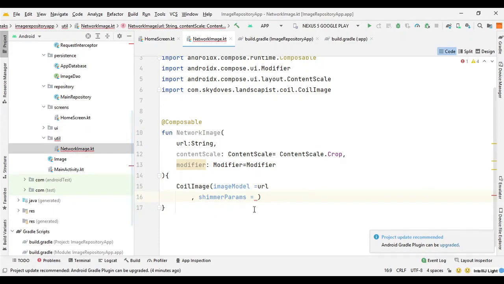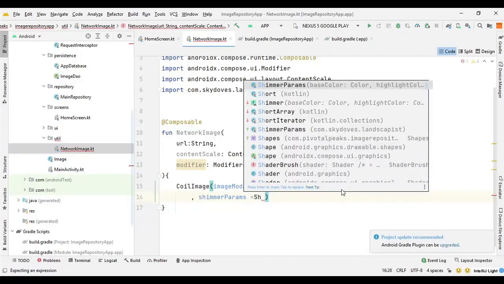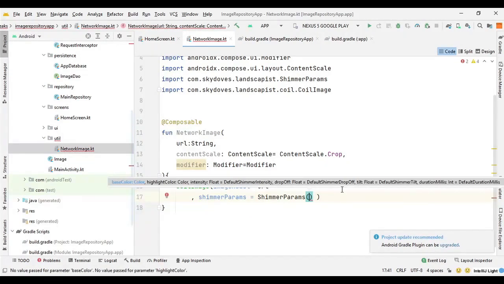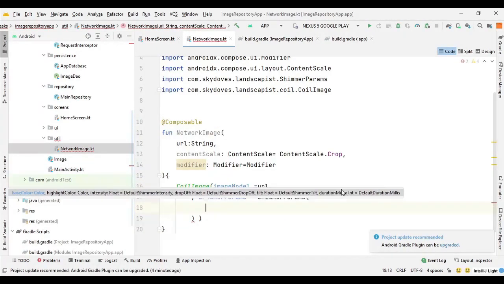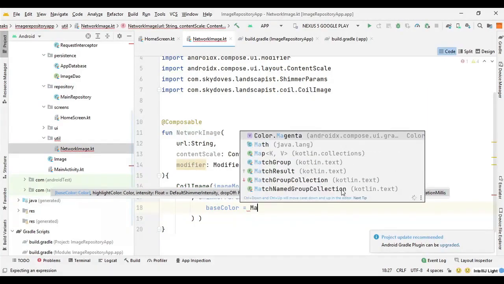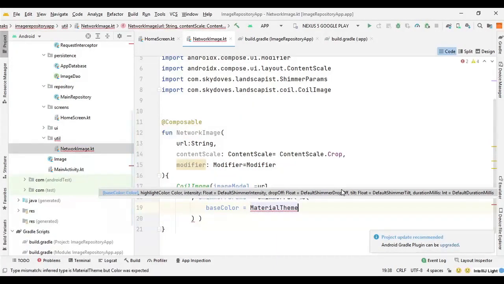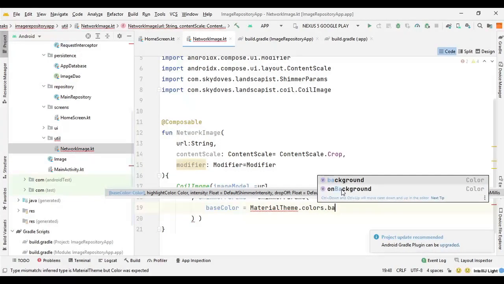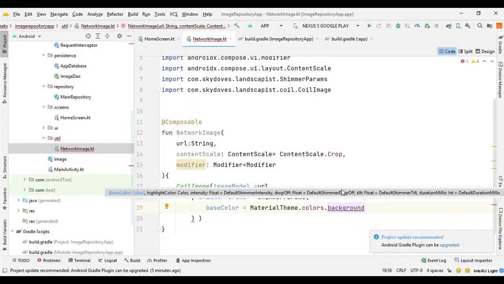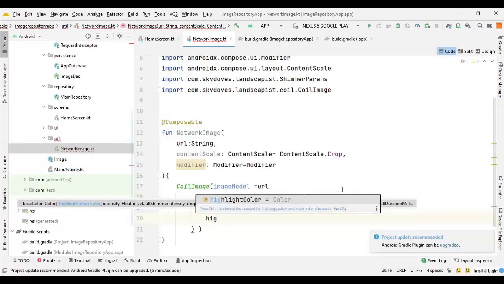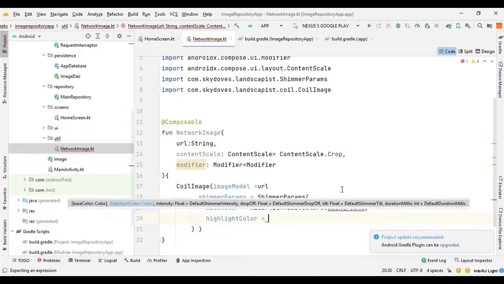and after that we need to provide shimmer params. So we can say shimmer params, and we need to provide a color for it. So we can say base color, and then we can say MaterialTheme.colors.background, and we also need the highlight color. So we can say highlight color, and for this we need to create a new color so that we can